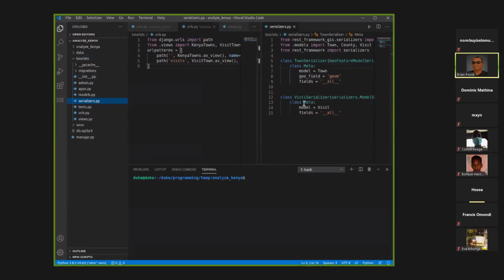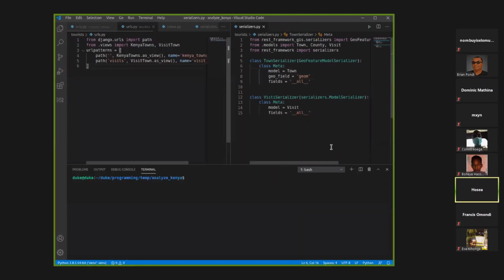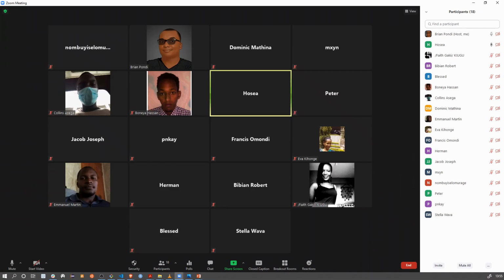I'm at the point where you have already installed GDAL, Django, and Python. Then you can get started making your Python applications.